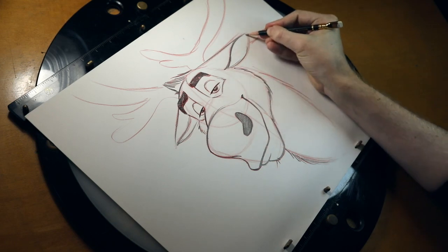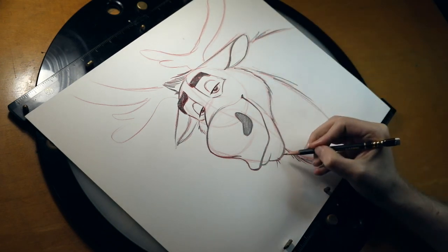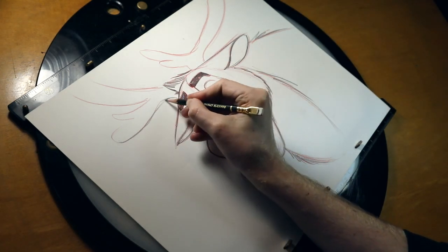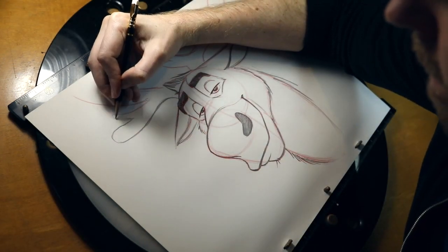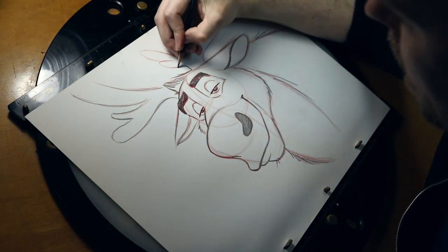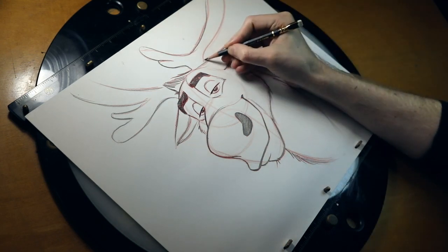This one I'm going to make a little darker than the ear that's on the left side because it's closer to us. Get these lines going. And the neck. Lastly, I want to make sure that we get the antlers, so let's go ahead and just start here. I think with that,